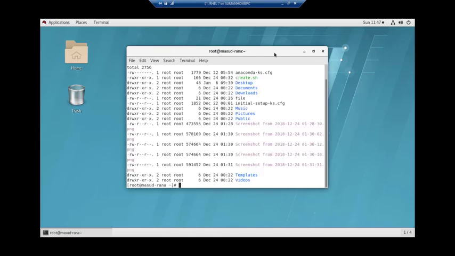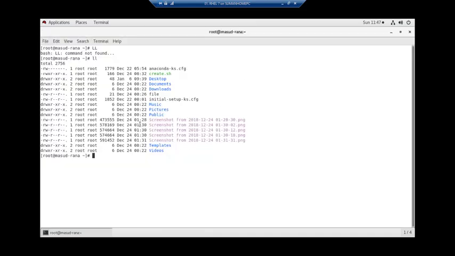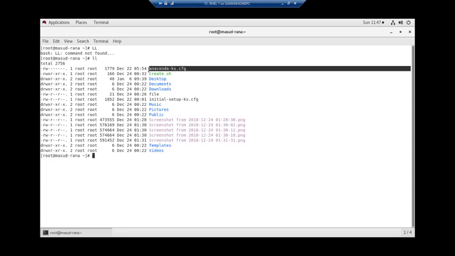If I check all the files in this directory, I can see that here is one file, which is anaconda-ks.cfg. It is a system configuration file. The file is generated while installing this machine. Every configuration in this machine is written in this file.